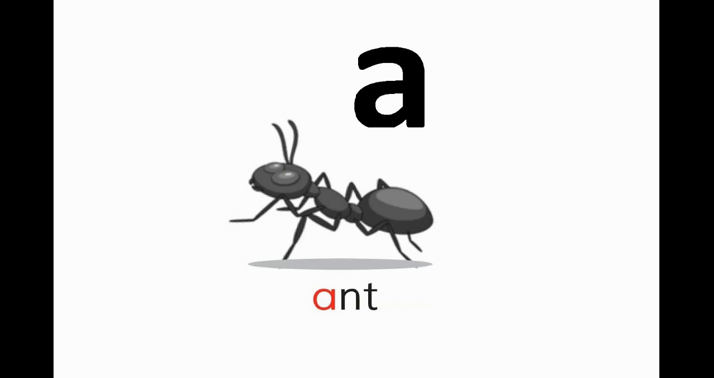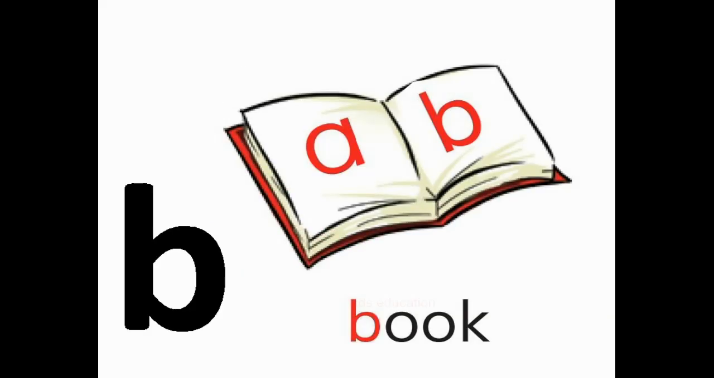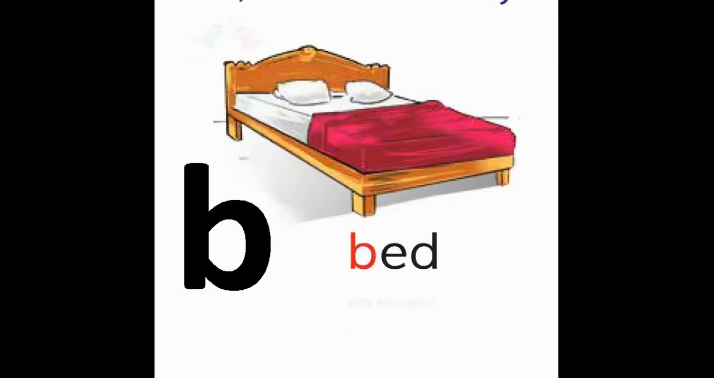A for ant, ant meaning chunti. A for arrow, arrow meaning tir. B for book, book meaning kitab. B for bed,